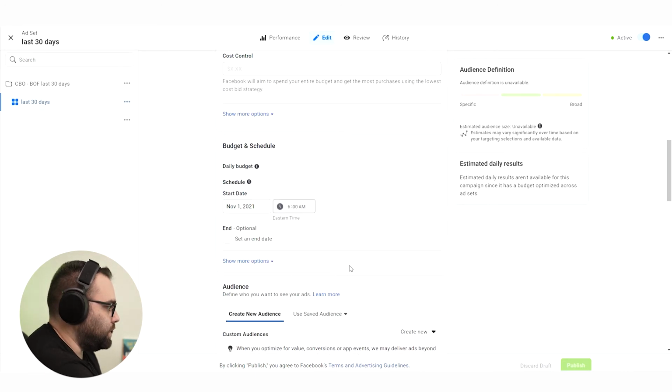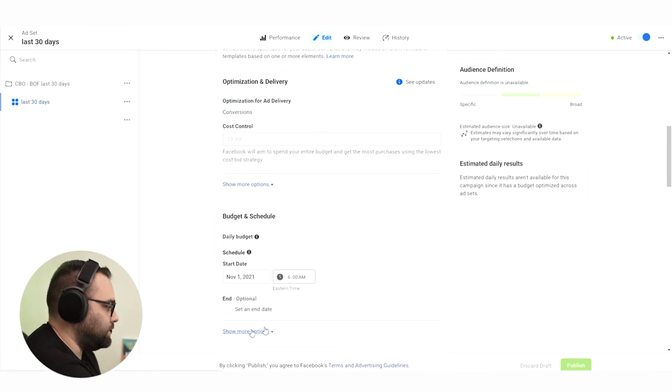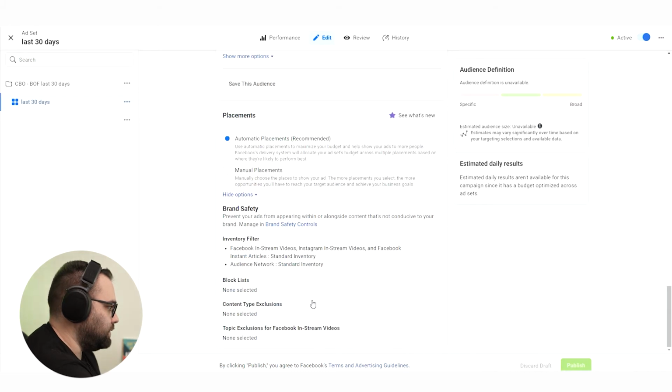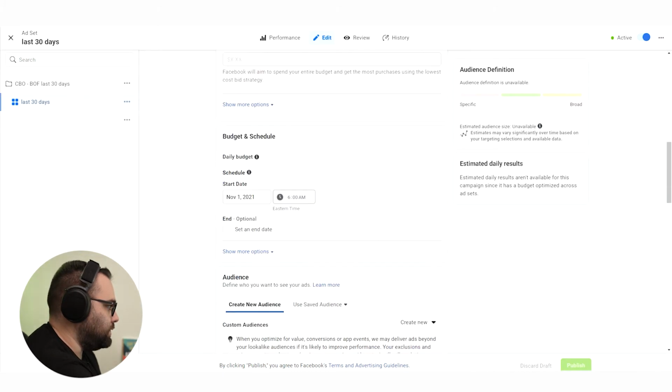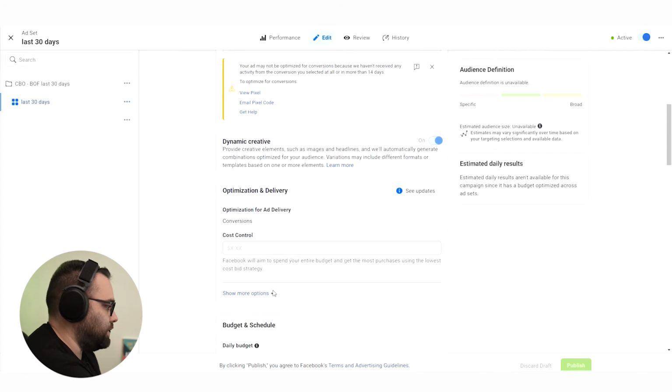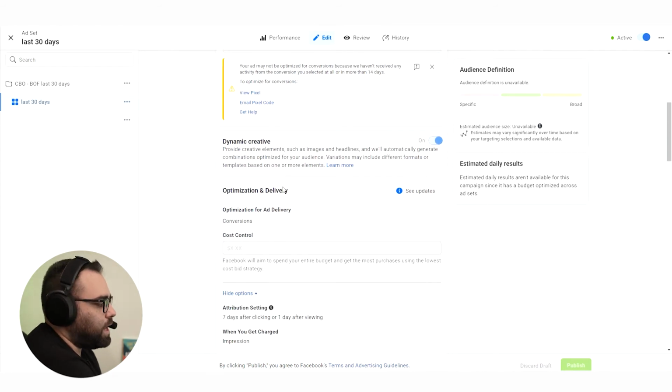Okay, this one is giving me a hard time. Let me find it, I guess. If they put it in another place, I think it's going to be on the top then. Yeah, there it is. So most of the times when you're creating your campaign, it's going to be on the bottom. Here we have Facebook, which wants to embarrass me in front of you, but it's okay.